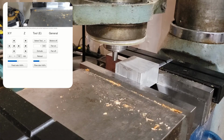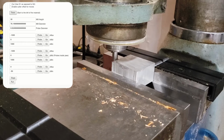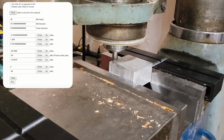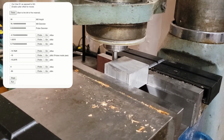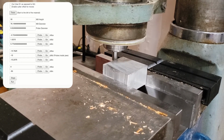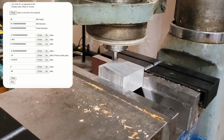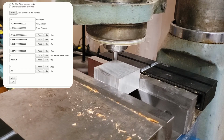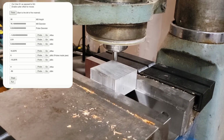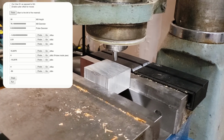Howdy folks, today we are looking at an OctoPrint plugin that I've been working on that does some fun stuff. Right now you can see it's tracing the part, so it's actually moving along and probing, and every time it touches the part it gets a new reading of where that edge is. So right now it only works on rectangular stock, but the vast majority of the time that's what you're starting